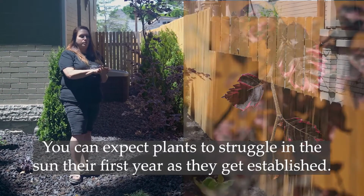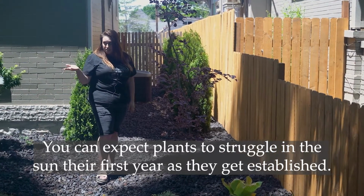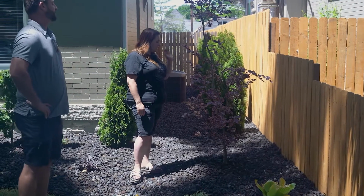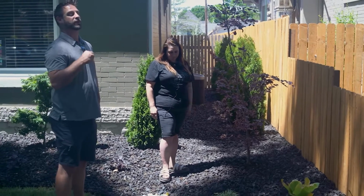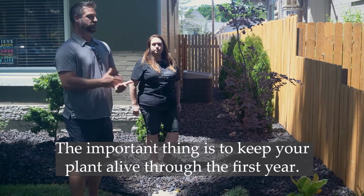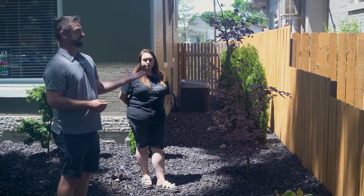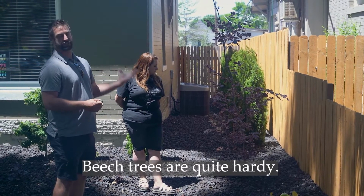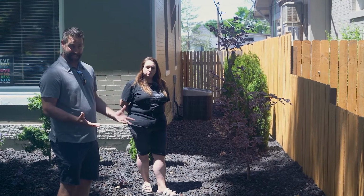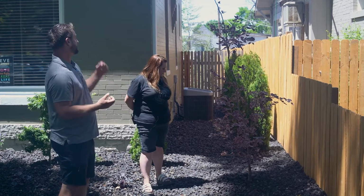So just know that when plants go in, especially the first year, and when we get hit with temperatures like this. Yeah, it's 100 degrees out here today, or at least dang close to it. But the important thing is that as long as you can get your plants through the first year, you will be okay. Plants are actually really, really resilient. Beech trees are one of the most hardy trees out there. So even if they do defoliate due to the heat or transplant shock, a lot of times they come back. But Jessica's placement here for it, I think, is absolutely fantastic,